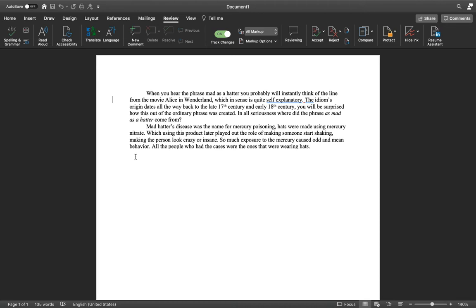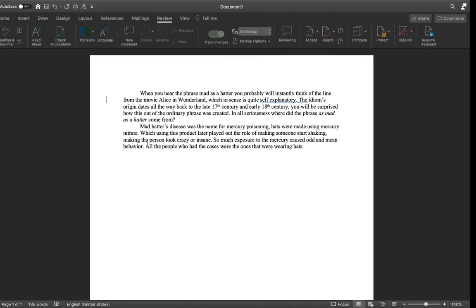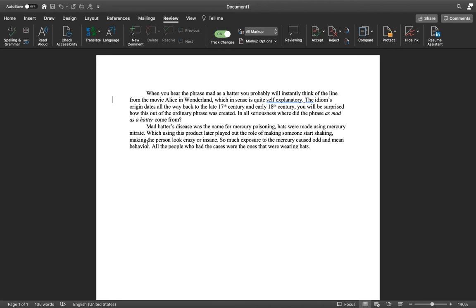Okay. So what you're actually going to see on the screen, guys, is applying this acronym to this student's writing sample. I might not hit every single part of RADaR, but I am going to hit the parts that really stand out to me the most. And you guys will actually be able to see the changes that I make to this writing sample as I'm making them in real time. Okay,